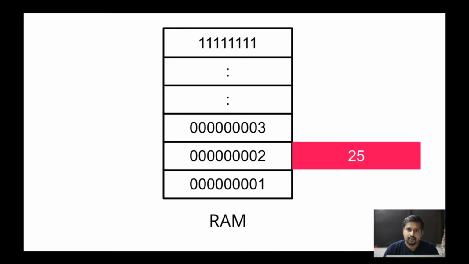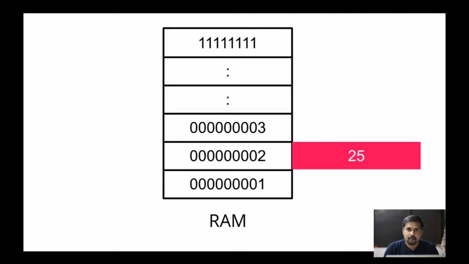Now next year when your age increments by 1, you again will have to make an update in the RAM at this same location of 00002. This is okay in the case where your program only has one variable, but in reality, your program generally contains a lot of variables, and it is practically not possible to remember the memory locations and use them directly to store your data. And that is where the concept of variables has arrived in JavaScript.